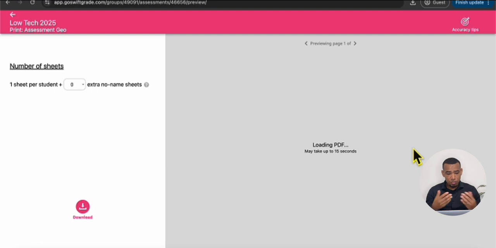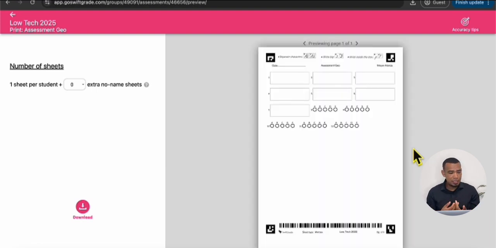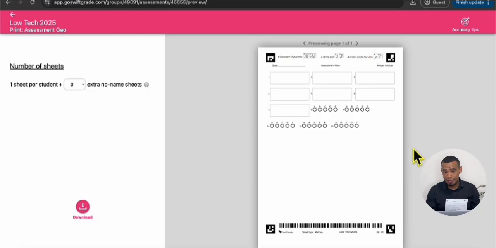Okay, and as you can see over here, they are now busy generating it, and this is how it will look. Now, as you can see, this is exactly the same question paper as the learners in the video earlier on did, where they wrote over there, answer the multiple choice question, and I went around and scanned. Okay, so once you have this, the first step that you can do now is to, over here, select the number of seats,